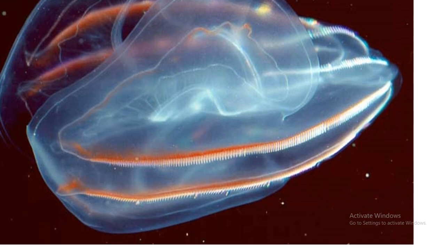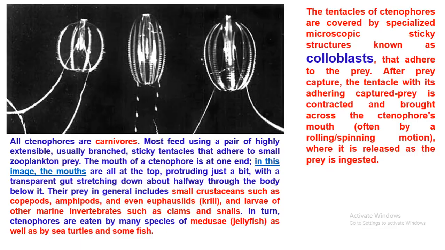And then we come to the next part, which is how they are getting their nutrition. How do ctenophores fit into the food chain or the food web of the marine ecology? Number one, they are carnivores. They are not feeding on plant material at all. They feed on other small animals and their parts thereof. So they are mostly feeding on zooplanktonic prey.